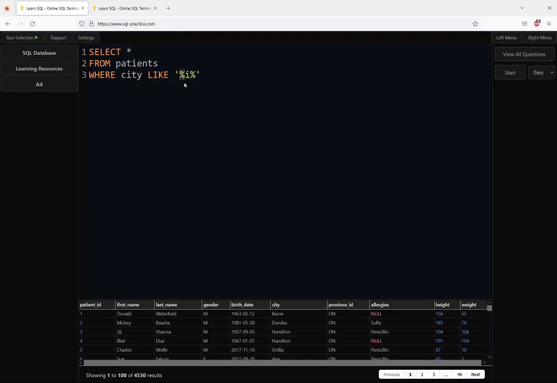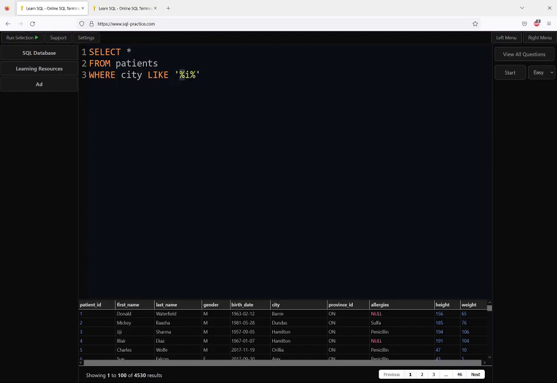Because what these percent signs mean is that this percent sign can be a placeholder for any characters that you could type. So basically, this represents any string, any sequence of characters